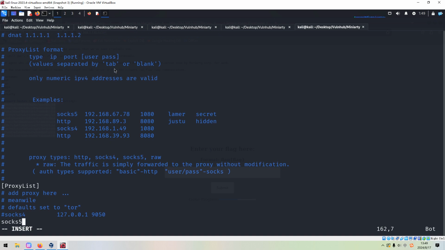SOCKS5. The port number should be 1080. This is the default port number used by the SOCKS proxy when we use Meterpreter to set up the SOCKS proxy. Okay, and write and quit.